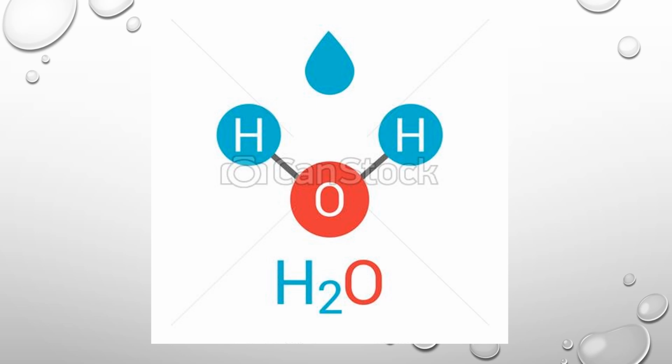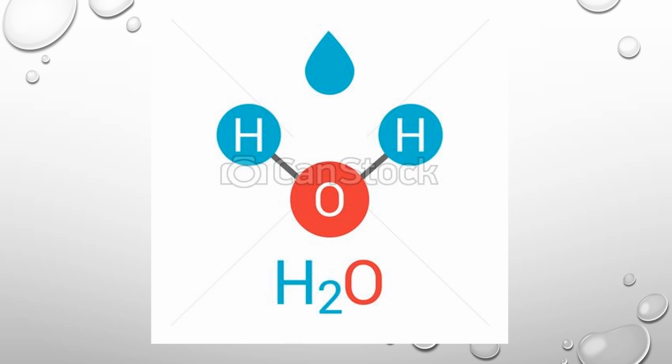So what does this mean? It means that this substance is made up of two atoms of hydrogen, that is why H2, and one atom of oxygen, that is why capital O. There is no number written next to O, so it is understood to be 1. That is how we get the formula H2O, meaning that water consists of two atoms of hydrogen and one atom of oxygen.